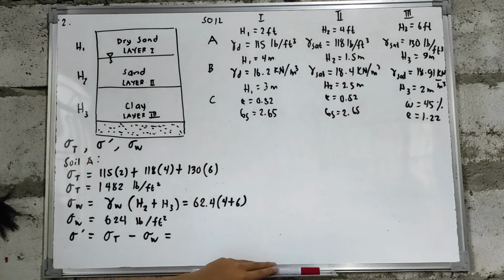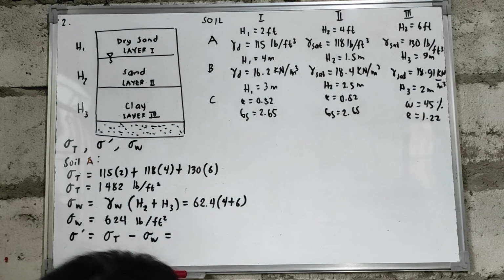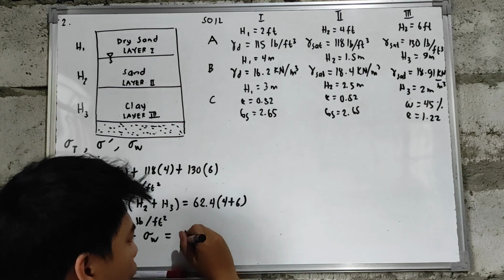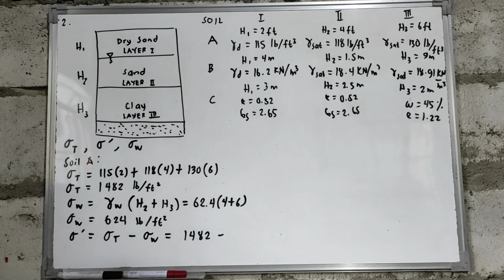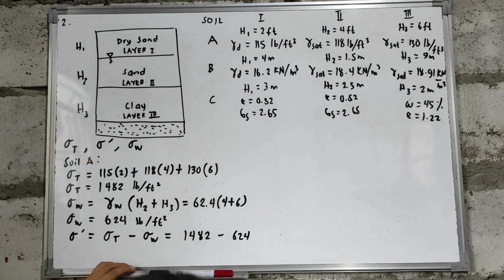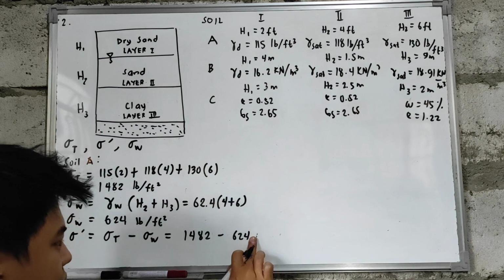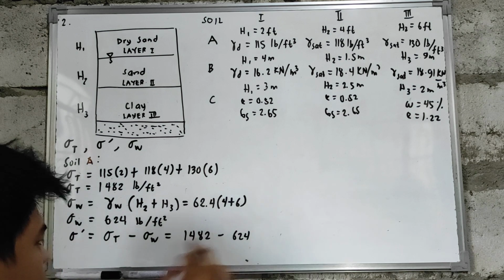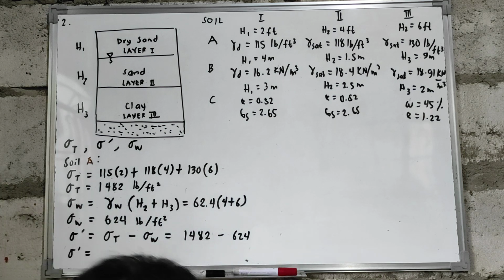So, aalisin lang natin yung tubig dun sa total stress natin. So, we have a total stress of 1,482. Tapos, yung pore water pressure natin na 624. So, you will have a value of effective stress which is equal to 858